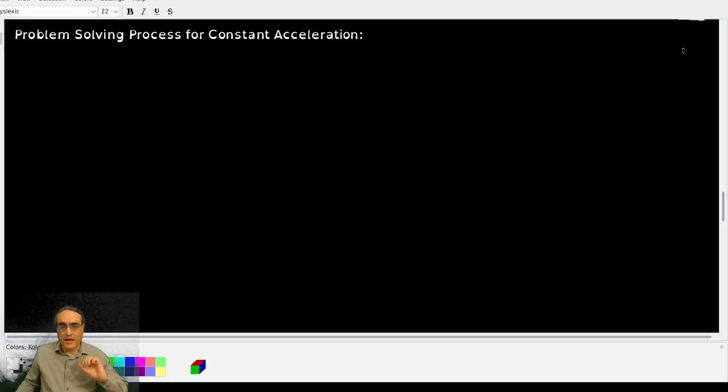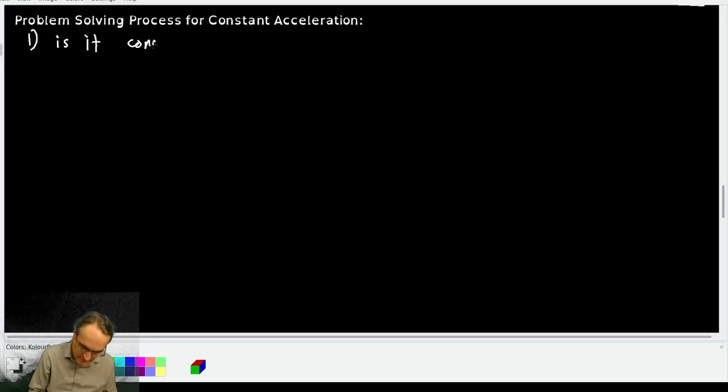Okay. How do you solve problems when you have constant acceleration? Well, first, you have to read the problem carefully. Either the problem needs to indicate somehow that the acceleration is constant. Examples could be if it says it's free fall. So I suppose step one would be,